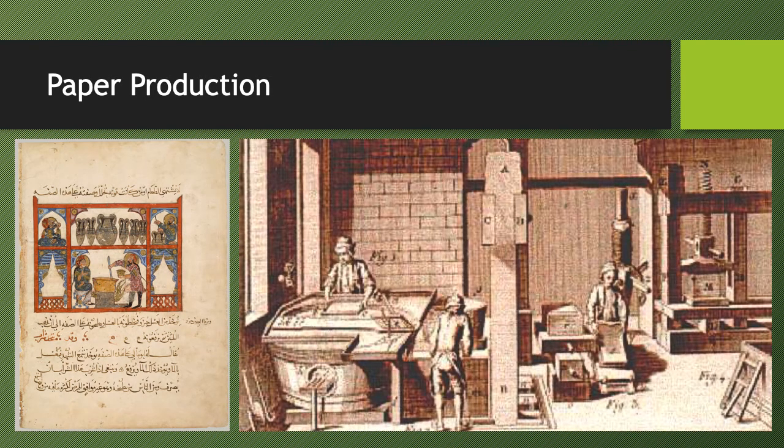Remember in chapter 15 when I talked about the transferring of technology at the Battle of the Talas River? The Arabs who defeated the Chinese at that battle captured artisans who knew how to make paper and took them back to their empire with them. So they introduced paper making, and pretty soon you saw paper production throughout Dar al-Islam as well. This paper production increases, allows for more writing, more recording of history, more recording of things that you're studying. And so you're also going to see a thriving of culture that we'll get to later.